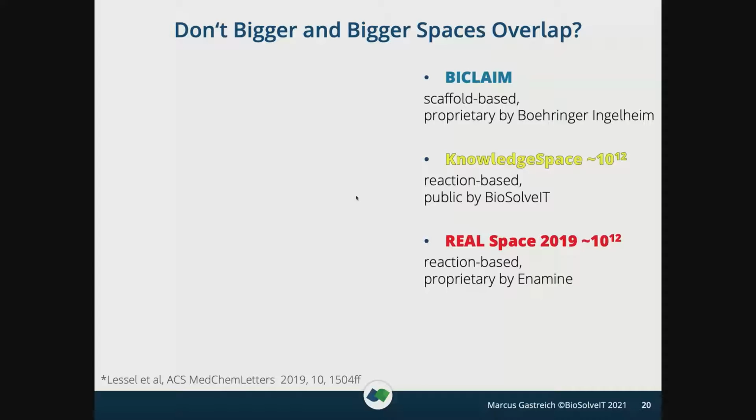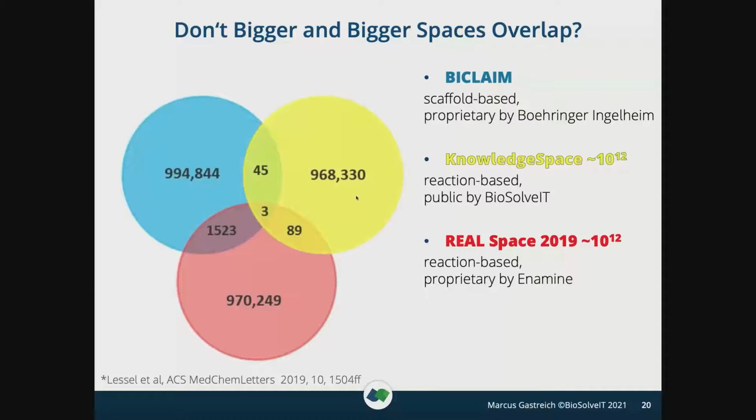Another question that Uta Lessel thankfully referred and reported on yesterday already is, do bigger and bigger spaces not simply overlap in the end? Well, the chemical universe is so big that by now we are pretty certain that the overlap is really, really small. And here it is quantified. That's a Venn diagram that Uta showed yesterday as well. I was really surprised to see a low single-digit figure here. Namely, only 3 molecules were shared by subsets that were retrieved by showing queries in front of each of these spaces, because these are non-enumerable,